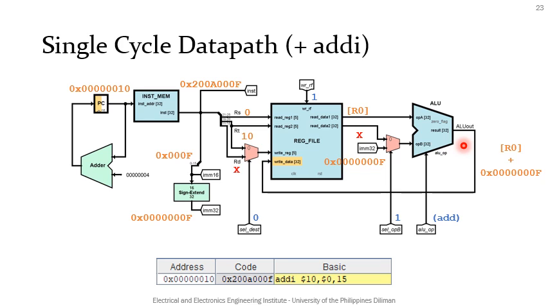Next, the sum of R0 and the immediate will be generated by the ALU and fed to the register file after some delay. The control unit also needs to generate the proper ALU op for addition for this to happen. Now, while all of this is happening, the adder on the left generates the incremented PC plus 4 value. When the next clock rising edge occurs, PC will get a value of 0x14, while R10 will get a value equal to the sum of R0 and the immediate value 15.